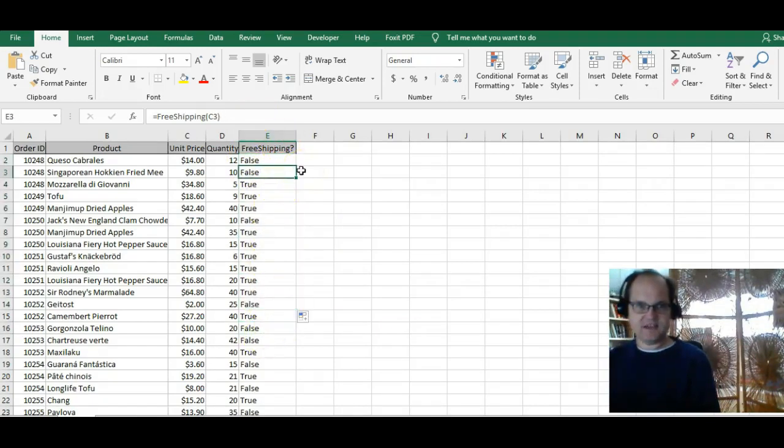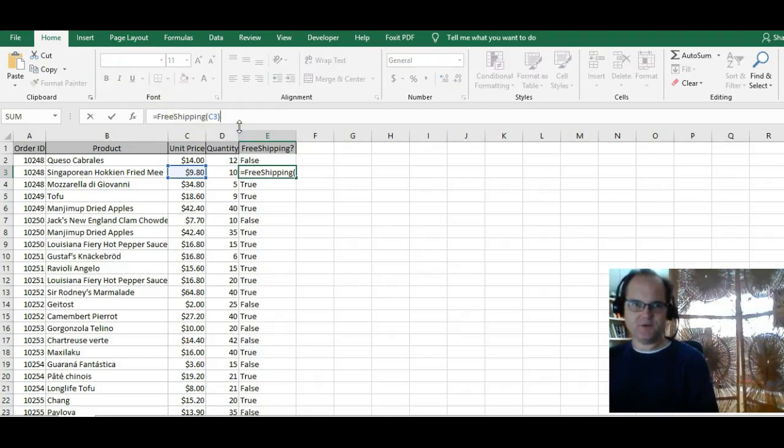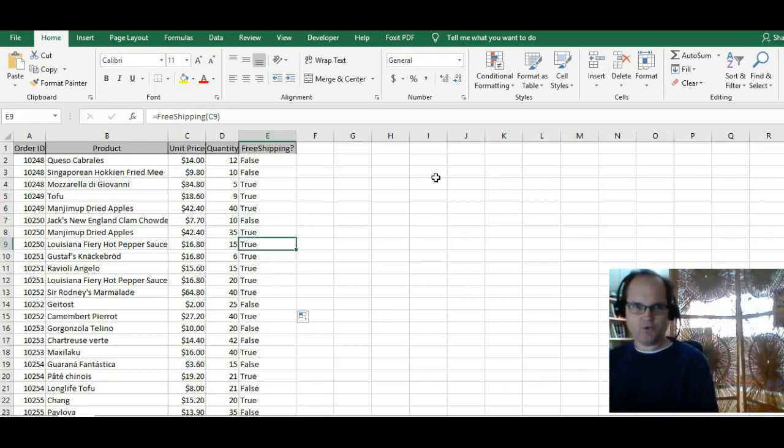Notice that up here in the formula bar, you have free shipping. You can see the syntax of whatever your function is. So here I have C4 blah blah blah. This is greater than 6480. So anyway, this is a simplistic application, but